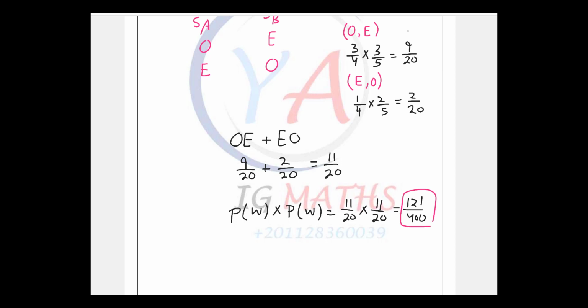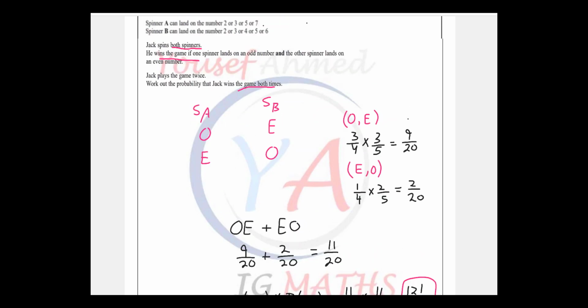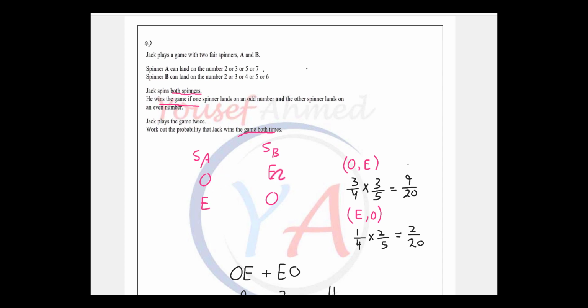So again, what did we do? We got the probability of odd on A and even on B, and then we got the other arrangement, which is even then odd. Odd is 3 out of 4, 3 numbers out of 4. Even is 3 out of 5. Even odd is 1 out of 4, and here